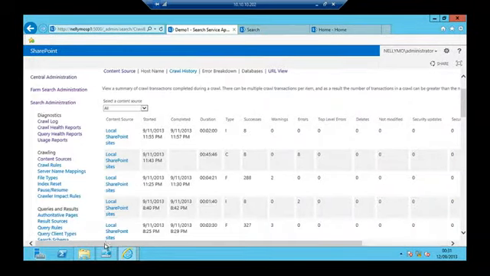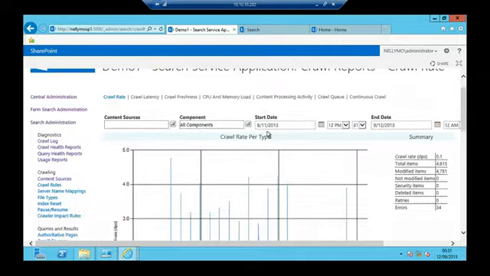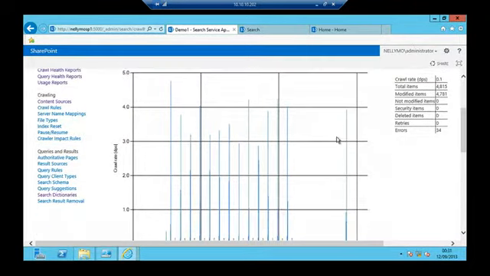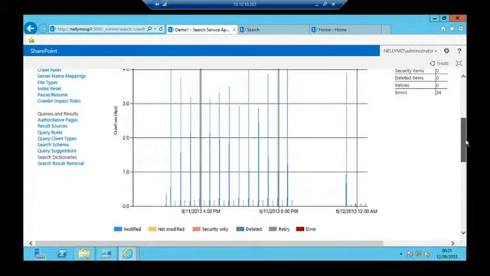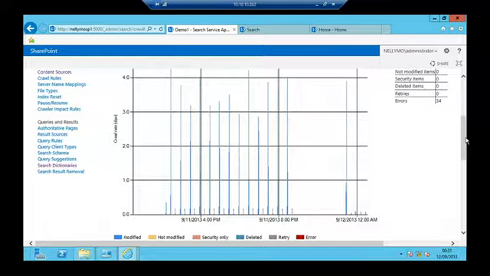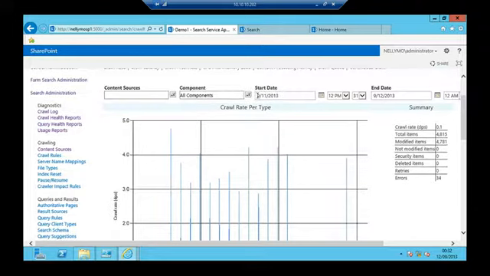If we look at other things like the crawl health reports, we can start to look a bit deeper at these things. In this particular example, I've had a crawl running that's typically doing a full crawl every 30 minutes and an incremental every 15, and then I've started continuous crawl going over on the right-hand side. And if I zoom into some of this,